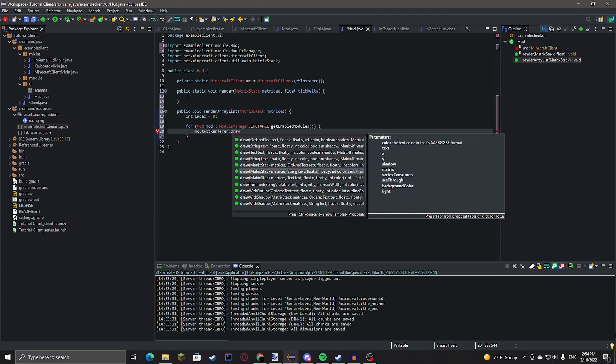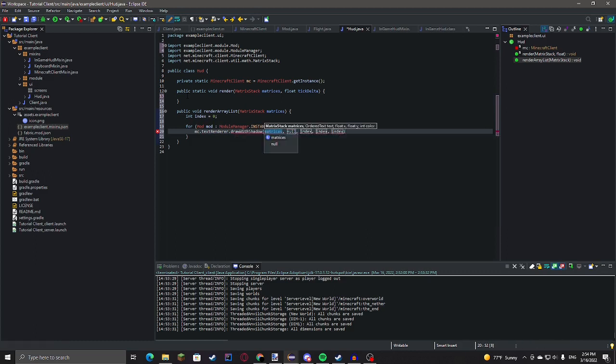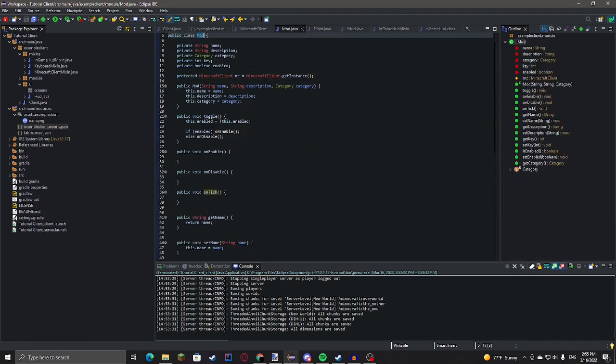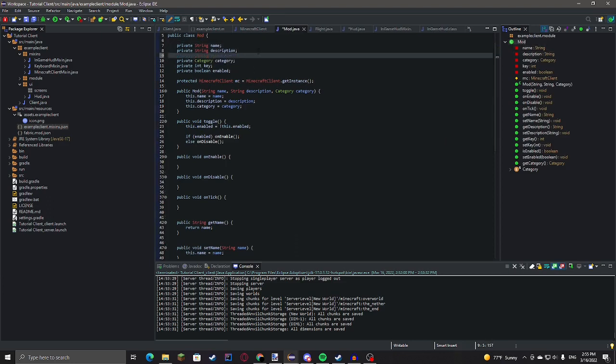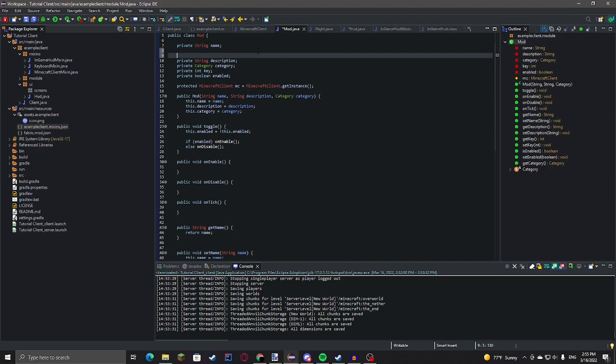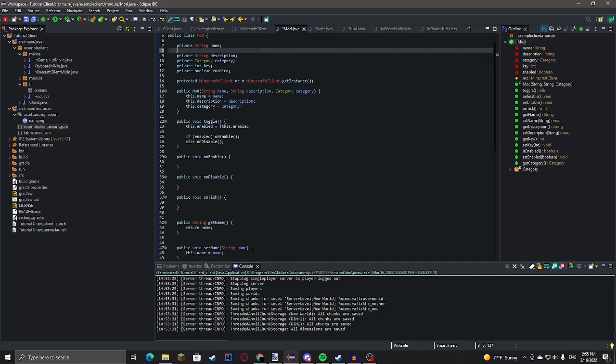Then I'll just do it with a shadow. Matrices, then pass in mod.getName. Actually, quickly in mod, I'm going to make private string display name.